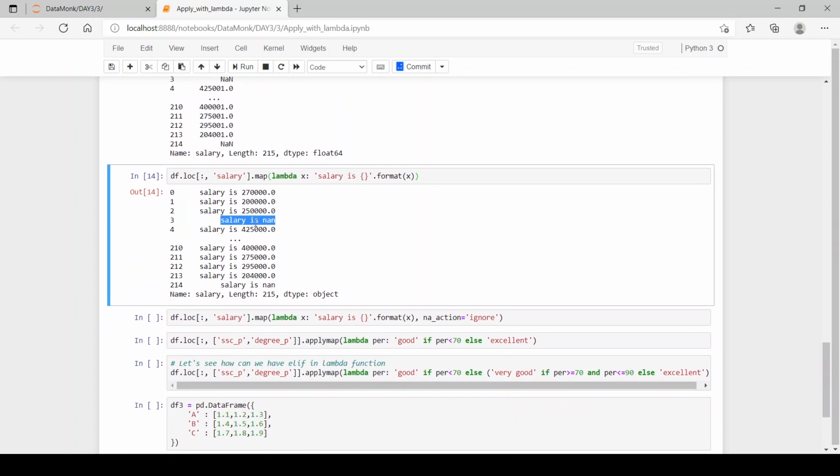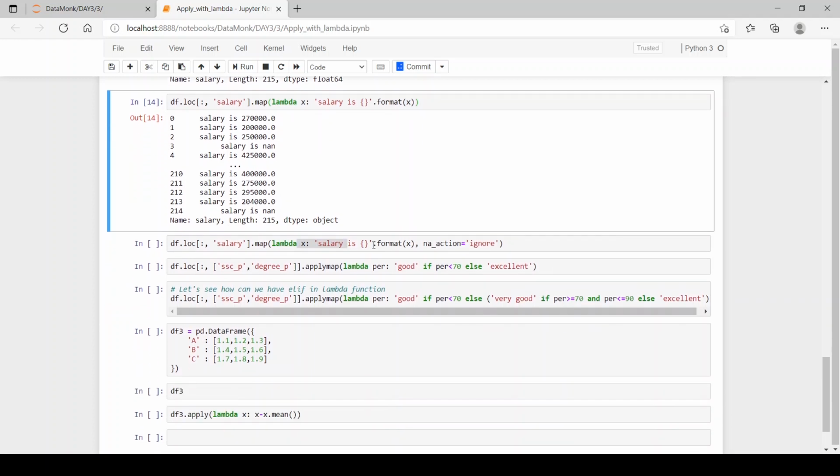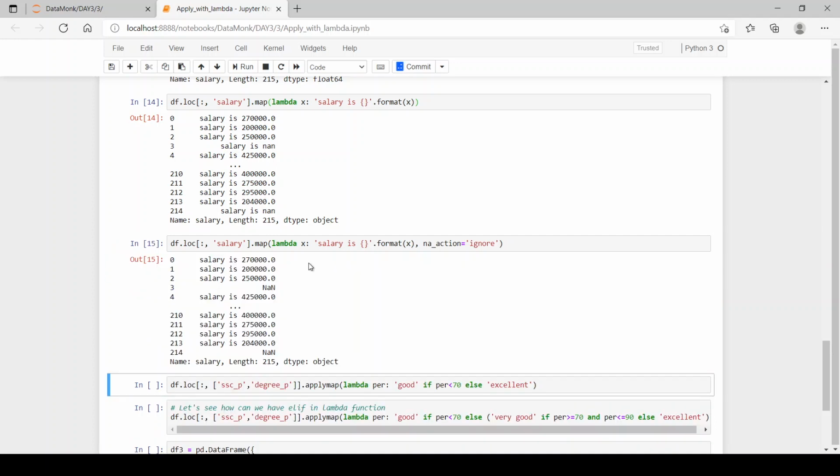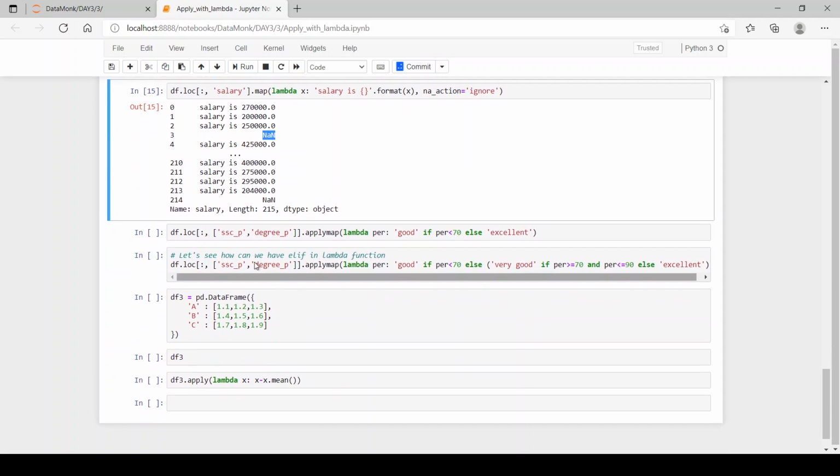If we don't want this, then we can use na_action equal to ignore. So it will ignore the NaN and perform the lambda function on other elements in the column. So when we run this function, you can see the NaN value has not been affected.